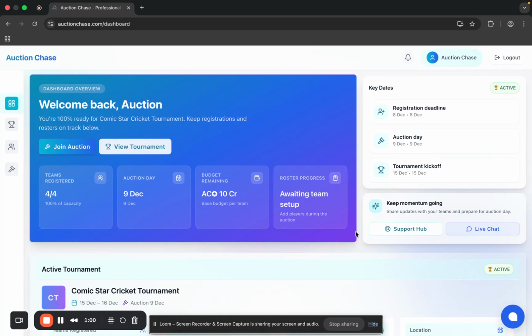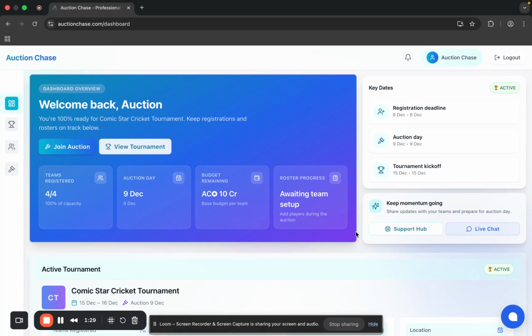This is one of the most unique and most lovable features, I would say, and something which excites me more than any other feature of this platform, because this way we are actually doing an auction digitally, with all the things going on digitally and not in a manual manner, where we are trying to move from the manual